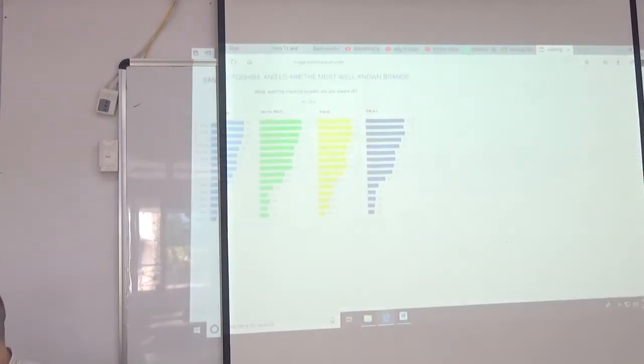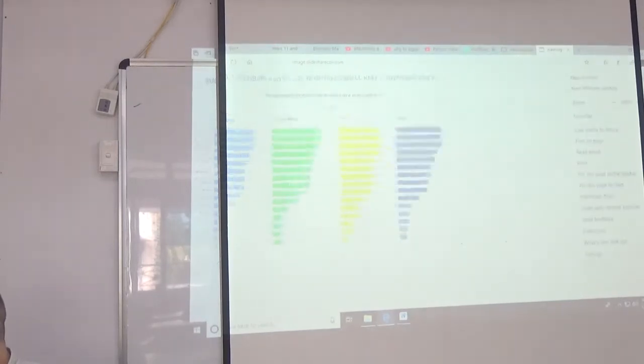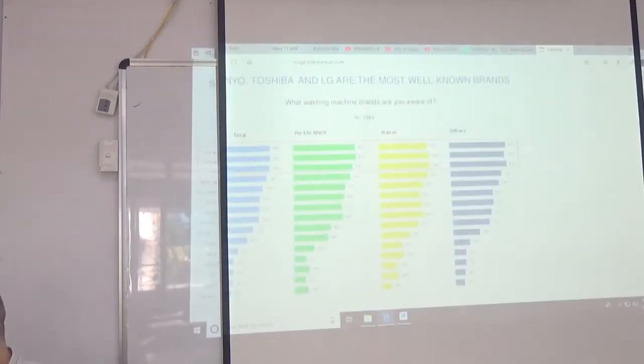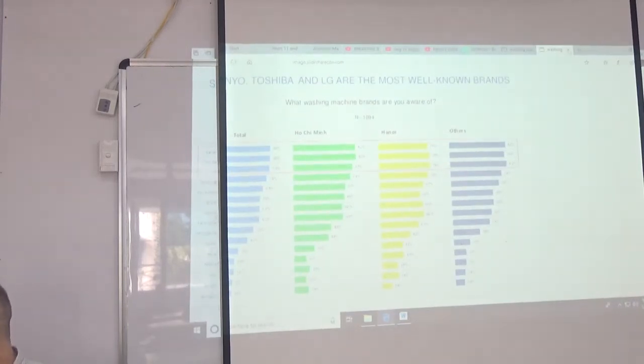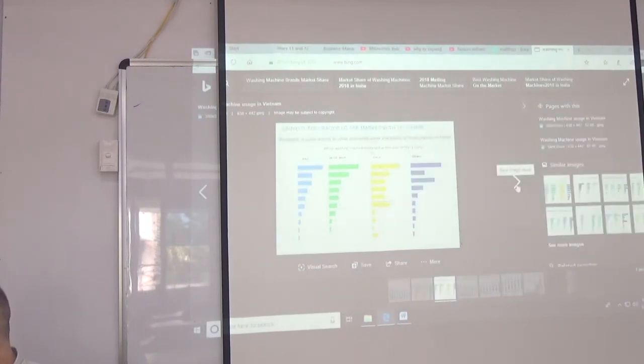And here it says they even break down between the cities in Vietnam. So they're going to compare which brands people know in each city. There are very few differences. Not very much difference at all. Maybe this Aqua brand is more known in Hanoi. And here's one that's quite different, Midea. Nobody here knows it, but in Hanoi it's quite well known. Maybe people care about washing machines more. Interesting. So all of this data is online, really.